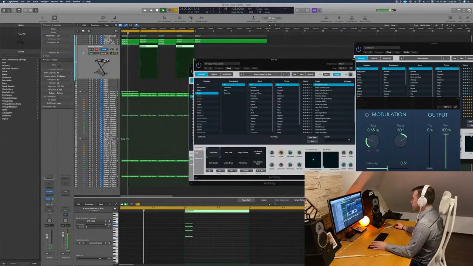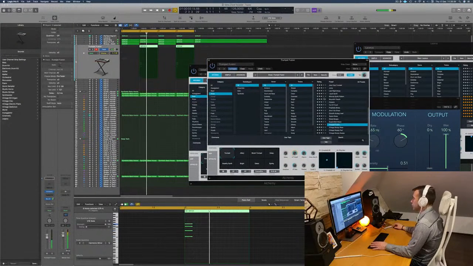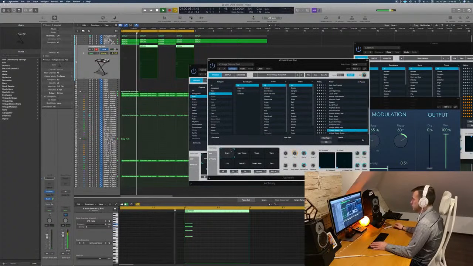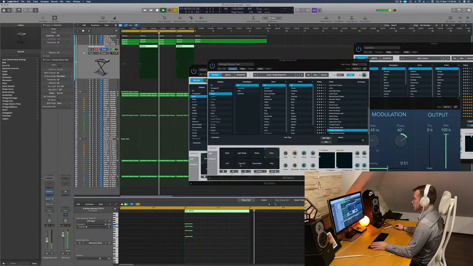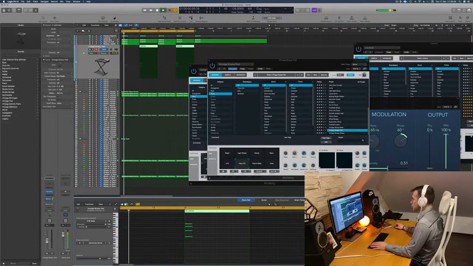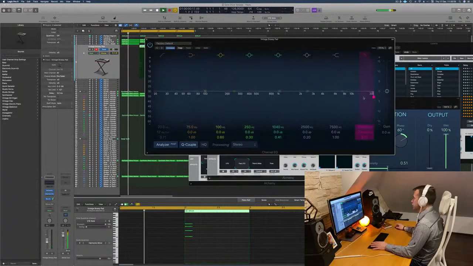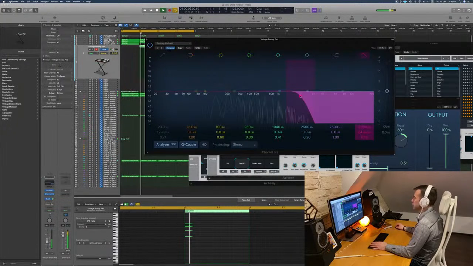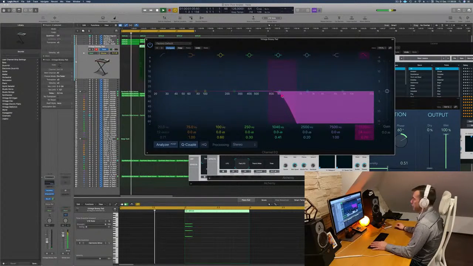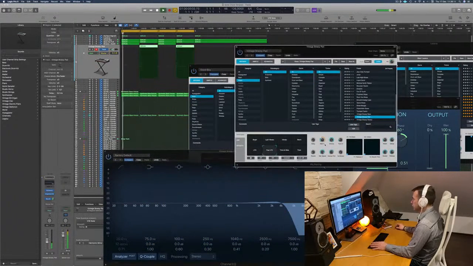And then I'm gonna try to browse a little bit, maybe another brass, but this is cool, however there's too much top to it. So what I want is not to crowd the top end too much to be able to put a lead in there. But then I don't hear the tremolo so much. Let's try to